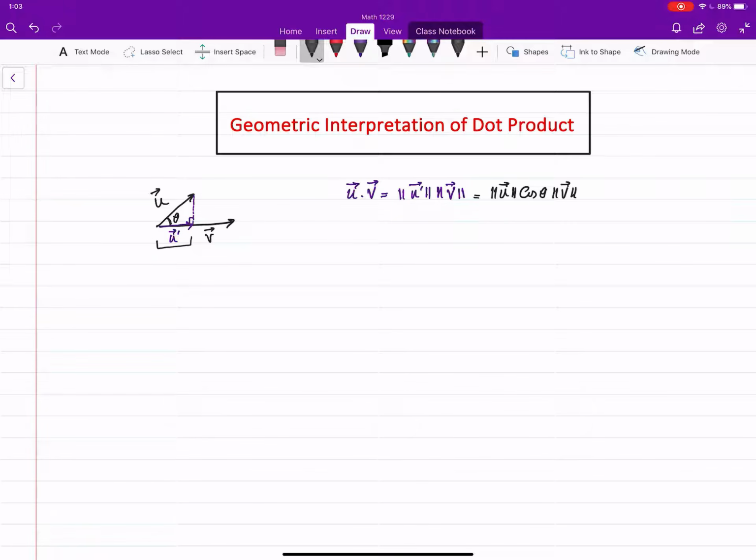Well, this means that for u dot v, we have an alternative formula in which we don't use any components. We just use the length of u, the length of v, and the cosine of theta,